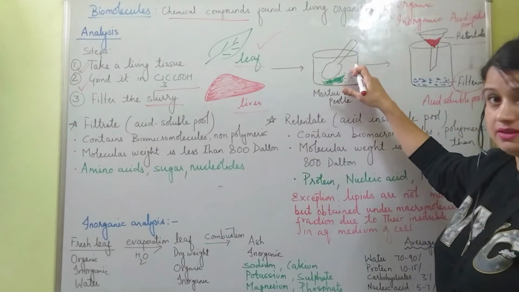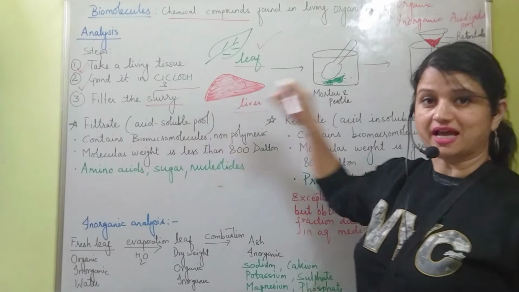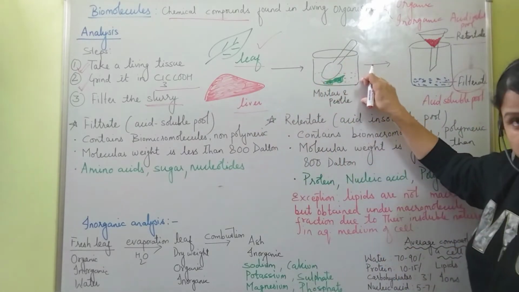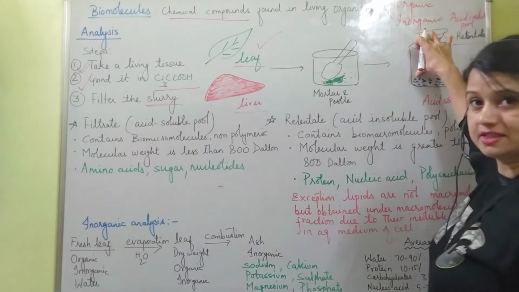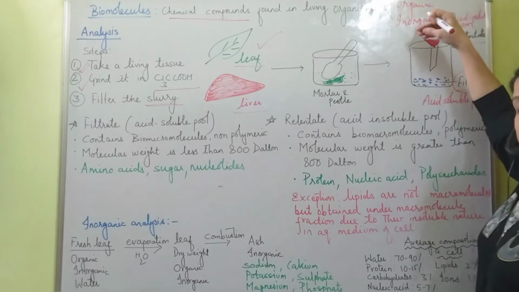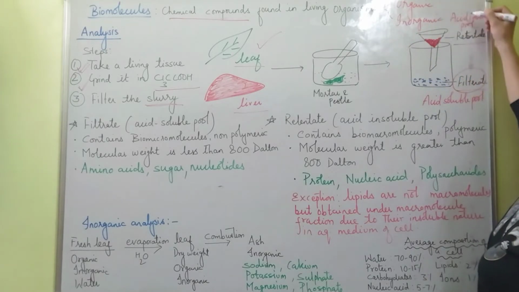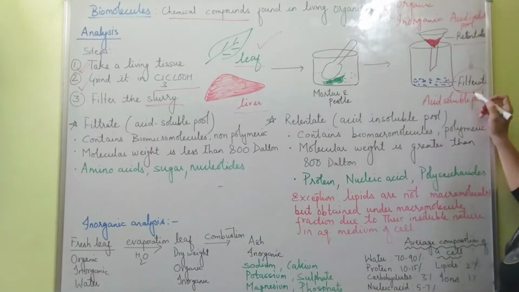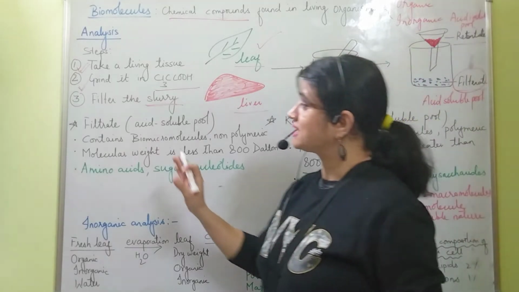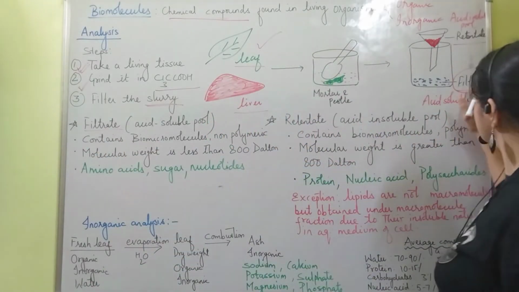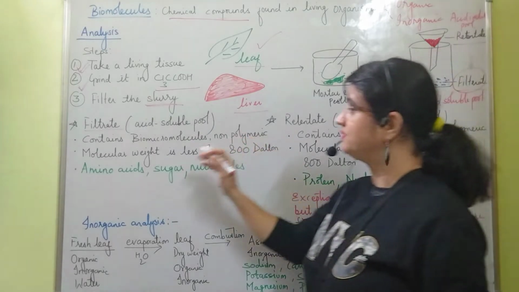So the steps are, first of all, we will take the tissue, then we will grind it in a mortar and pestle. We will take trichloroacetic acid in that mortar and pestle, and then we will grind the living tissue. We will get the thick slurry, and then we will filter it. The substance which remains in the cheesecloth is known as the retentate, or the acid insoluble pool, and the substance which comes down is known as the acid soluble pool or filtrate. Now the second important thing is, what is the filtrate? As I told you, the filtrate is also known as the acid soluble pool. It contains